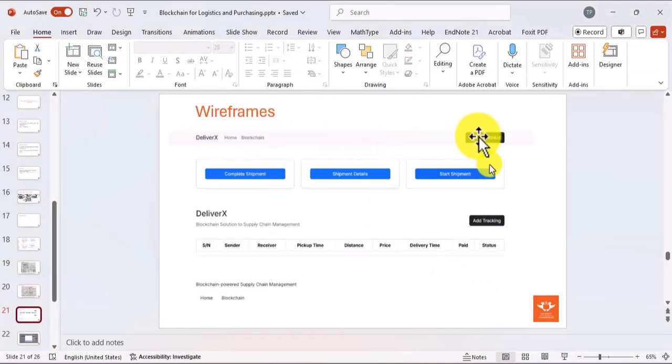So we are done with this aspect. Now the next aspect is to go to this particular point where we have 3 cards: complete shipment card, shipment details card, start shipment card. Now if you come back to the notes,